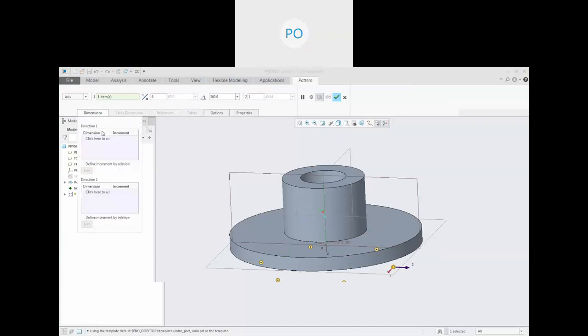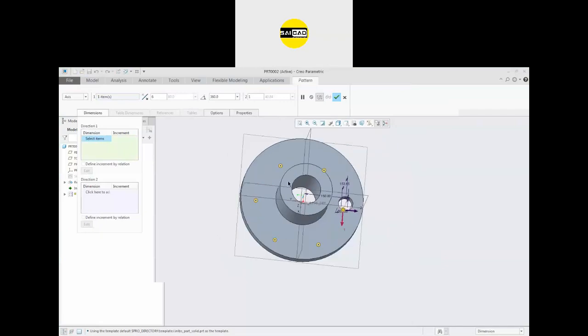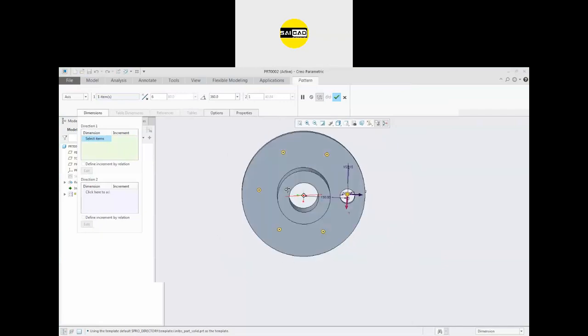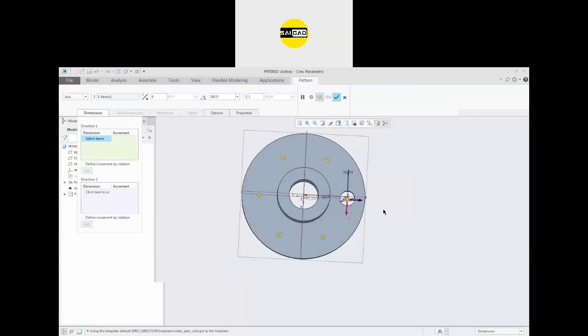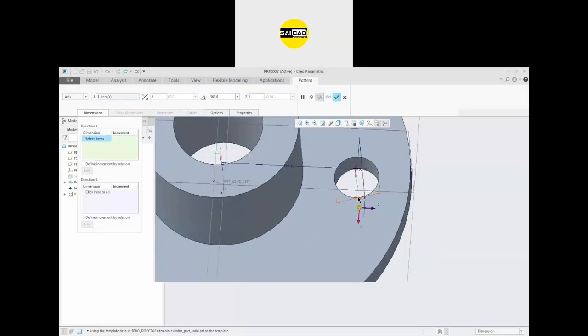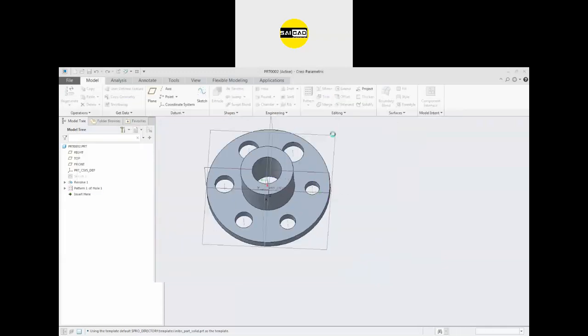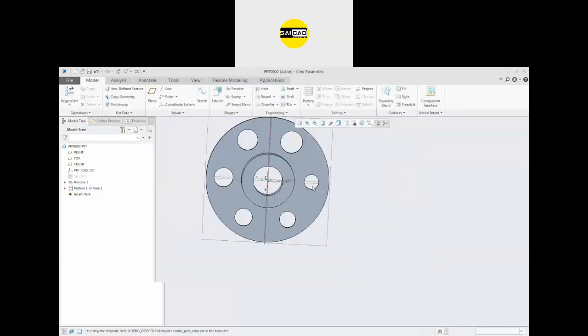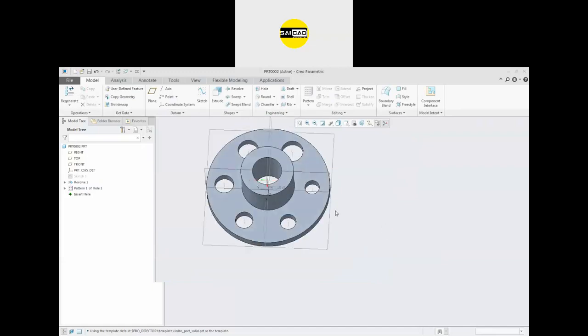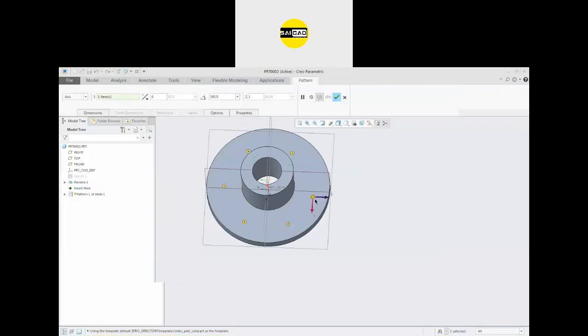Now again we have some options. Similar options. If you want to increase some value, you can do that. Like you want to increase size, the dia. I want to define the increment of 5 mm in every circular entity. You can see the size will increase in this direction. Okay. You can also increase or decrease the between gap like that.